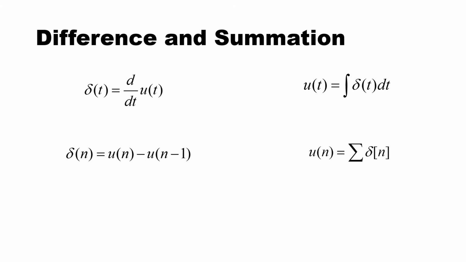We know that delta(t), that is unit impulse, is a derivative of unit step function in continuous time. Now here you have to remember that by definition u(t) cannot be differentiated because it has a discontinuity at t equal to 0. Okay? So this result which we have shown here is not a direct result, but this comes from the